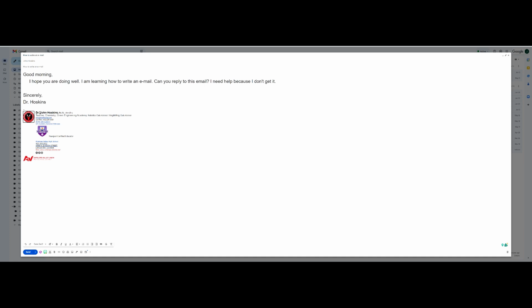If your signature appears below, some people do use just the signature and leave that as it is. It depends on what your signature is. Again, it just depends on what you have there, but